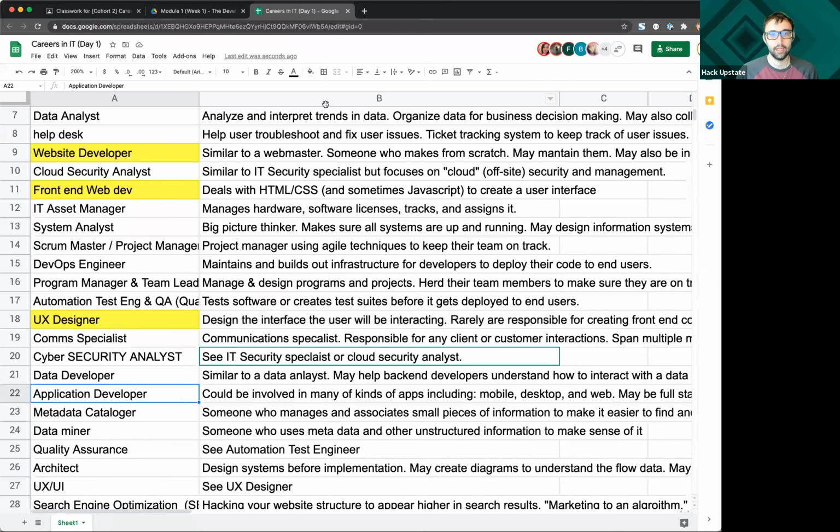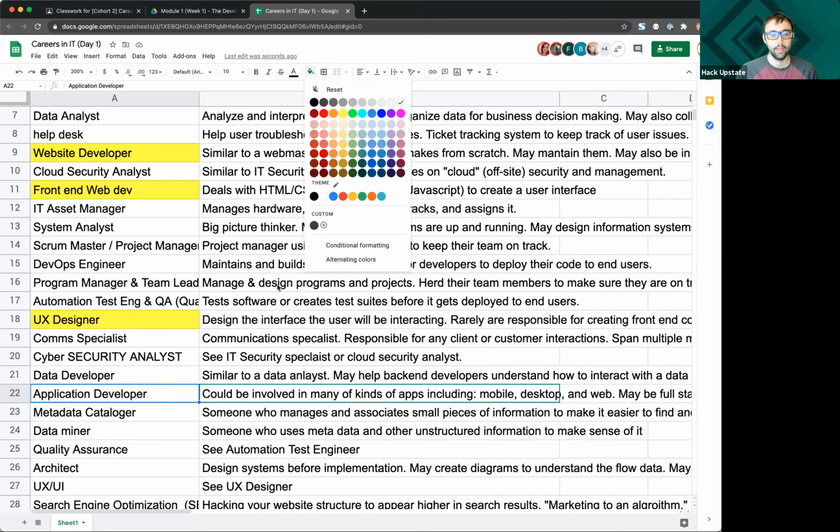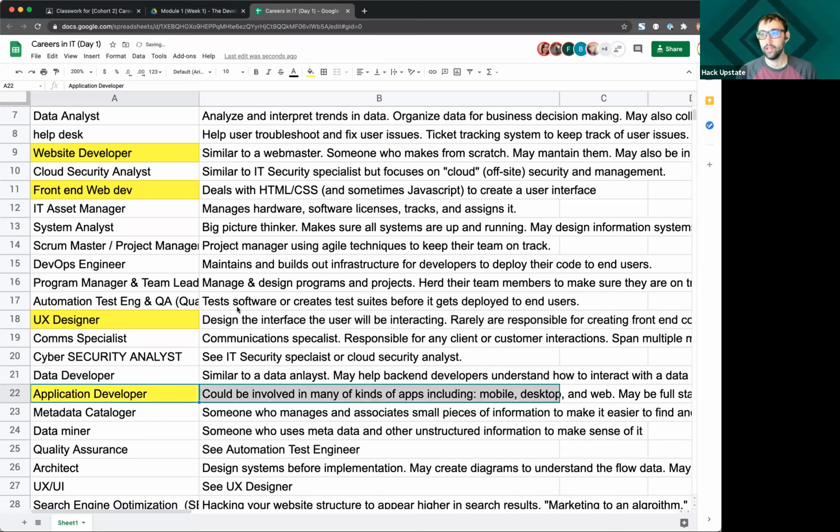Application developer, I want to highlight on this just for one second. When we think of applications, in the past 10 years, thanks to smartphones, we mainly think of mobile applications. And so that isn't something that we'll be touching on in the curriculum. However, one of the languages we are teaching is JavaScript. And JavaScript is known for being very flexible and running pretty much anywhere. JavaScript started out in the browser.